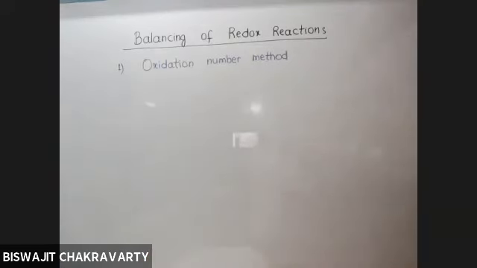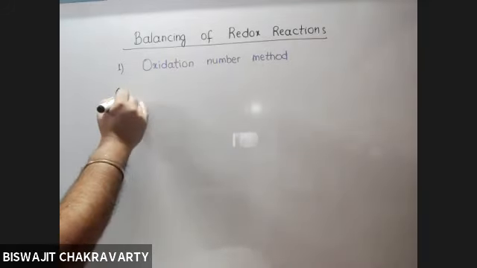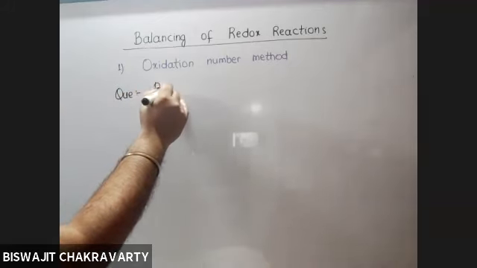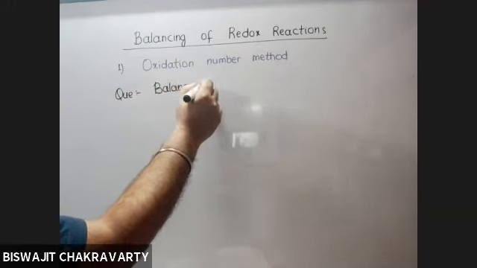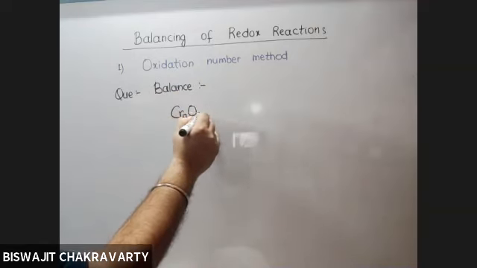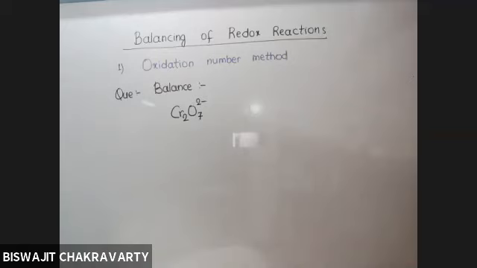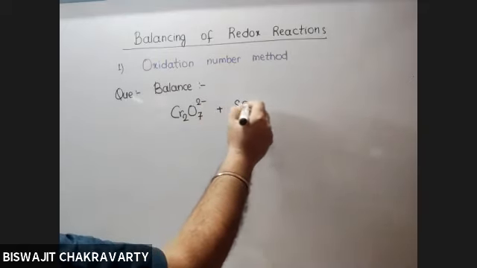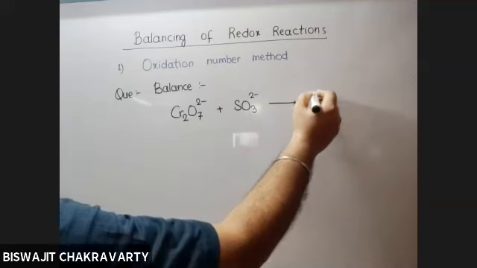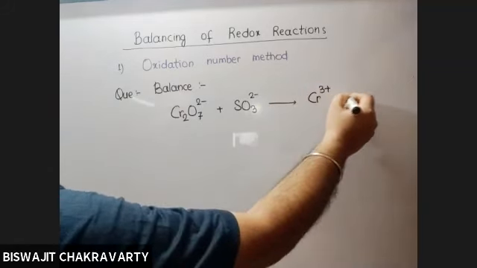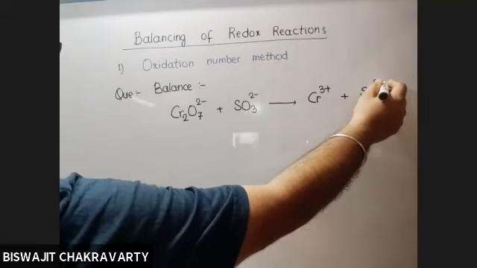Okay, so listen carefully. What are the steps involved? Because once you understand it, then it will not be very difficult, and no matter whatever equation is given to you, you can easily balance it. Suppose you are given a question: balance Cr2O7 2- plus SO3 2- gives Cr3+ plus SO4 2-